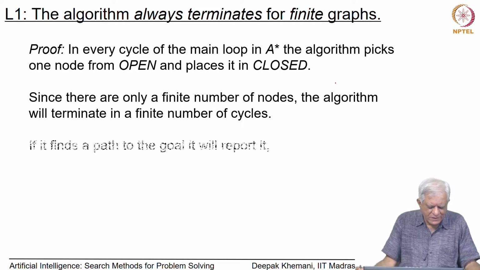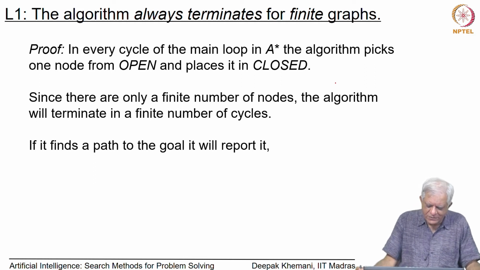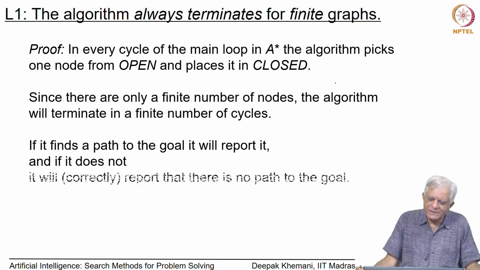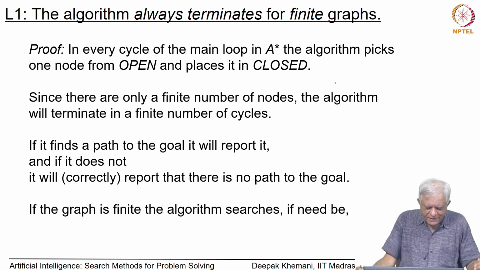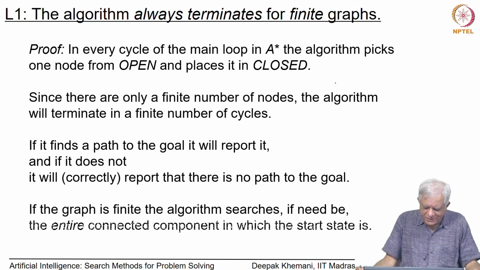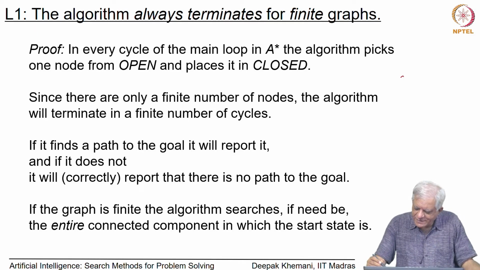There are two things which could happen. If it finds a path to the goal, it will report it, and if it does not, then it will correctly report that there is no path to the goal essentially. If the graph is finite, the algorithm searches, if need be, the entire connected component in which the start state is. So, the situation is like this, that supposing this is your start state and supposing this is your goal